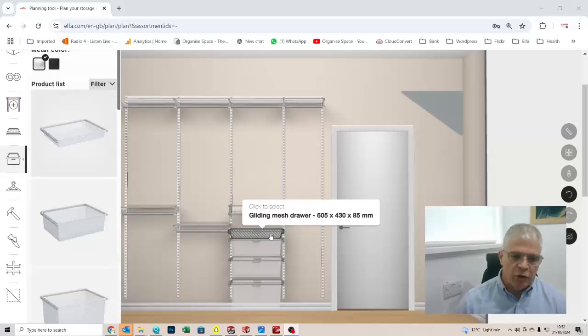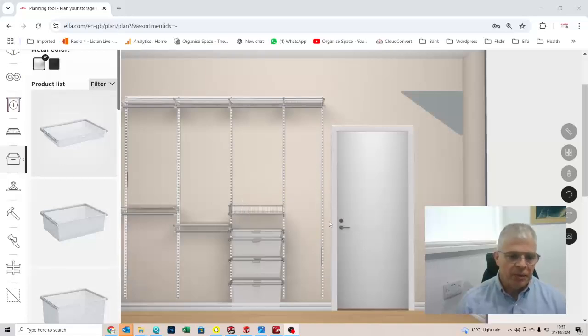I usually ask clients to think carefully about this. If you have the room to really divide up your smallest items, you know, lingerie, handkerchiefs, ties, it's only really good for really small items. If you're struggling for room in the whole room, go for more mediums. Okay,